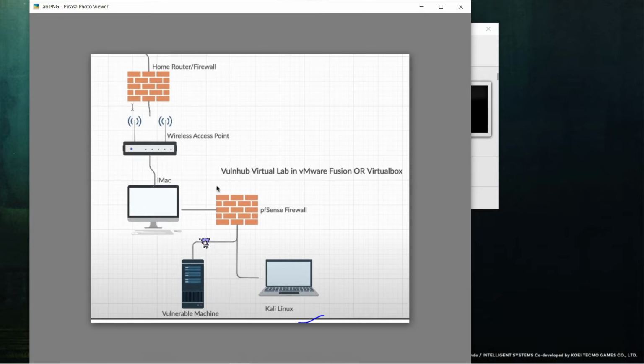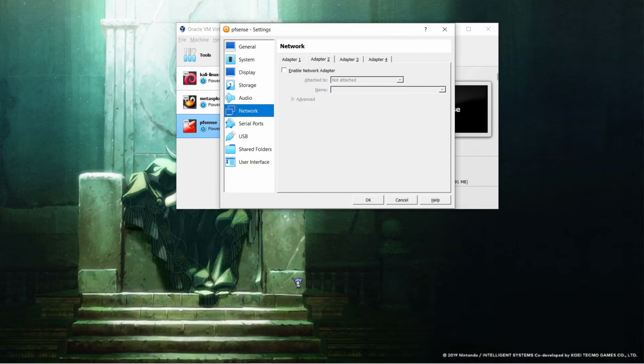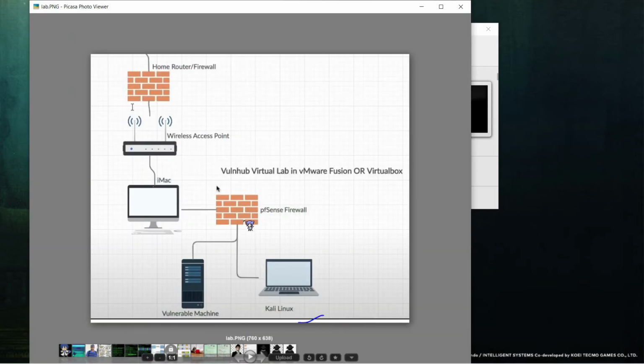what you need to do is create this kind of pfSense firewall. So this can act as a router, a DNS, a firewall. All of this exists in this single pfSense software. Once you run this pfSense, you need to enable two adapters. One is a NAT connection over here, and one is an internal network. The NAT connection directly takes the connection from my PC,